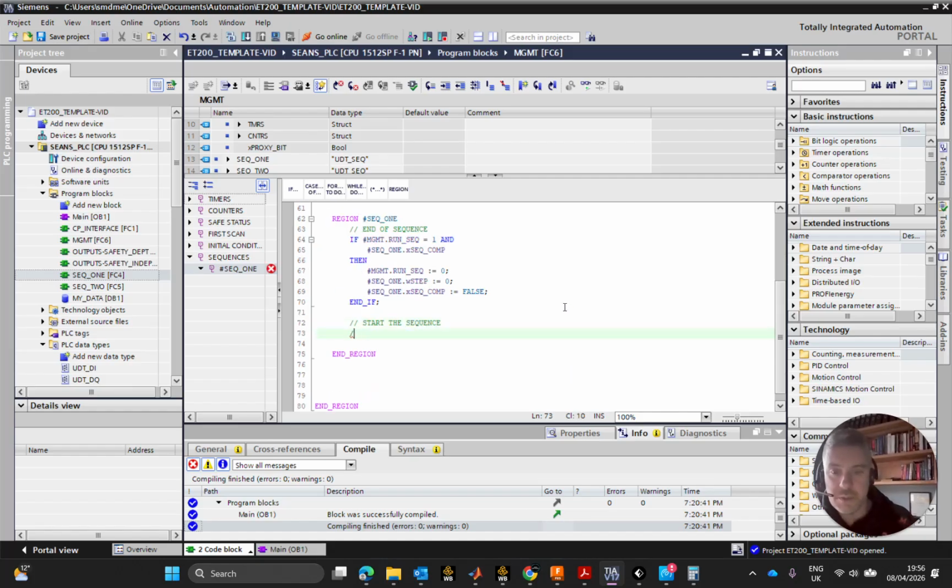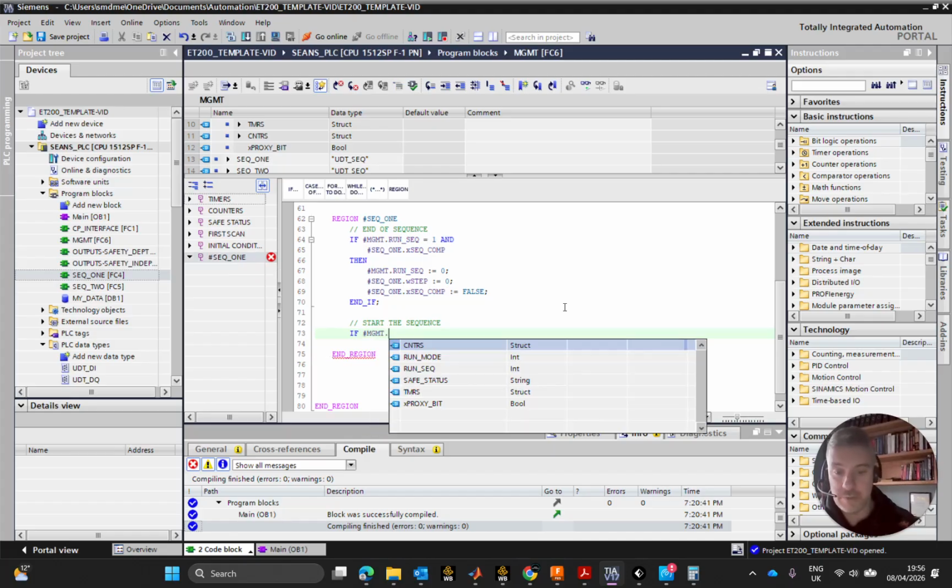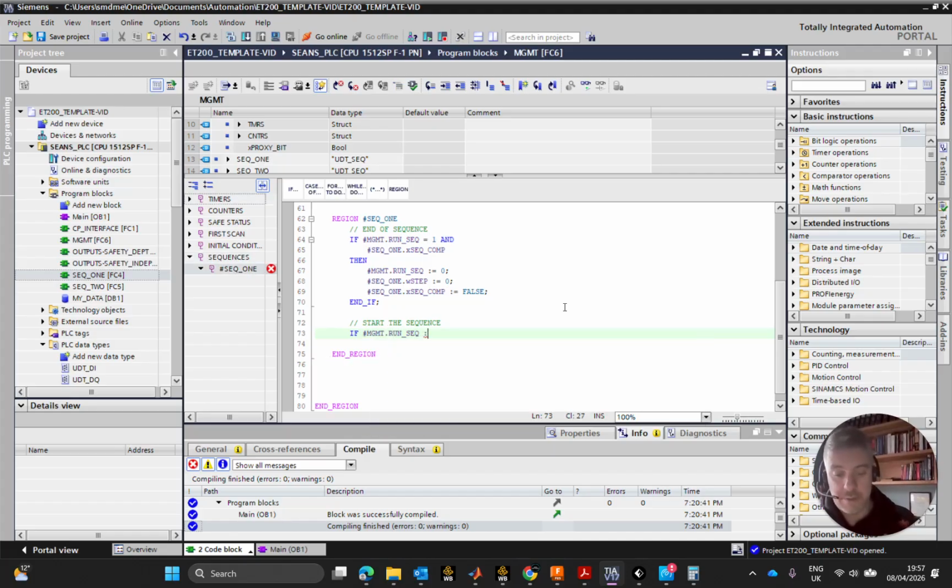So to start the sequence, if. Now, the way I do it here is different from a lot. I also use run modes. There's a wee bit of getting your head around it, but it has a huge amount of advantages if you can get your head around doing it. We could do something very easy for start the sequence. For instance, we could say that if management.run sequence is equal to 0, if I'm in standby,